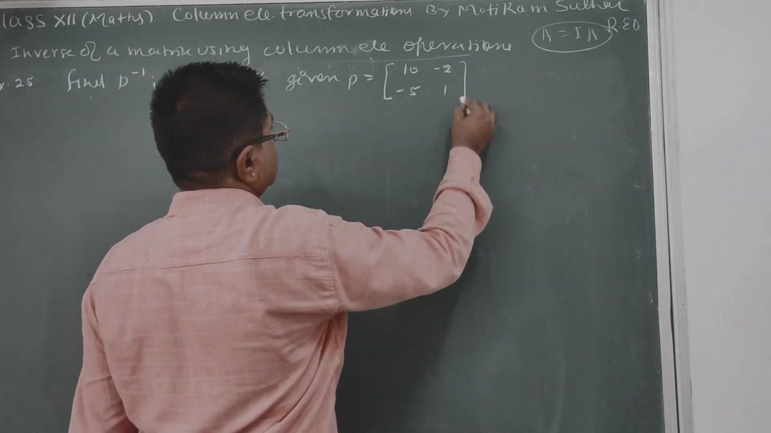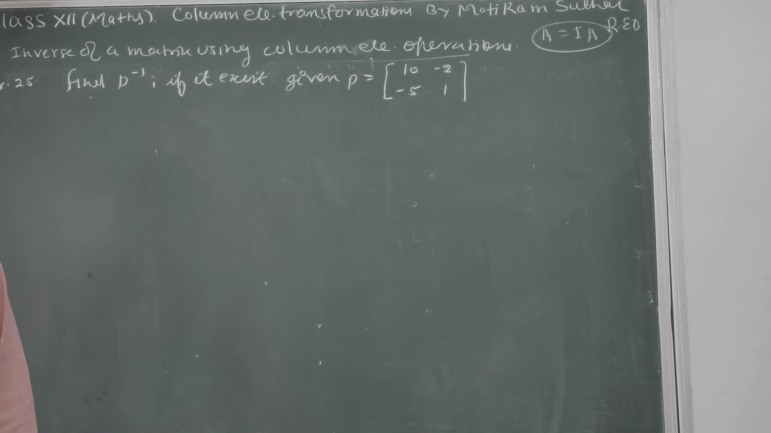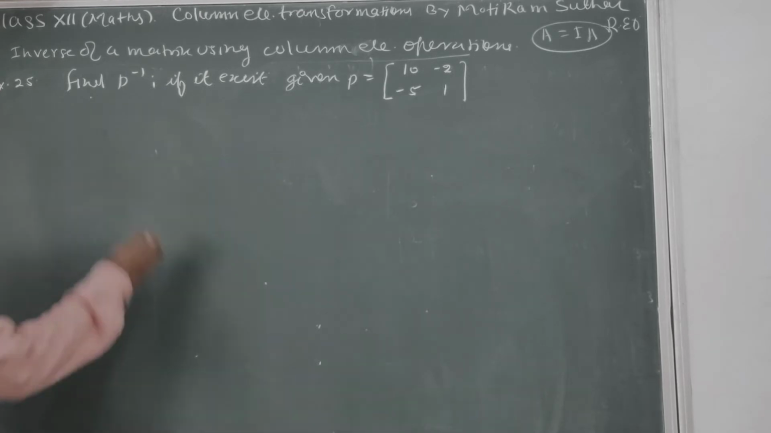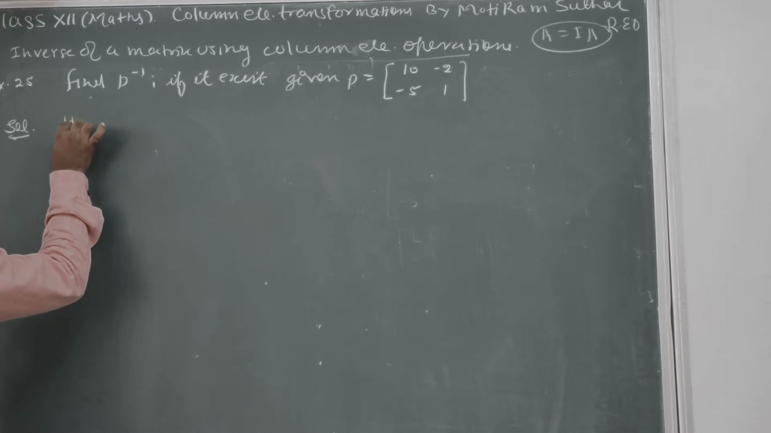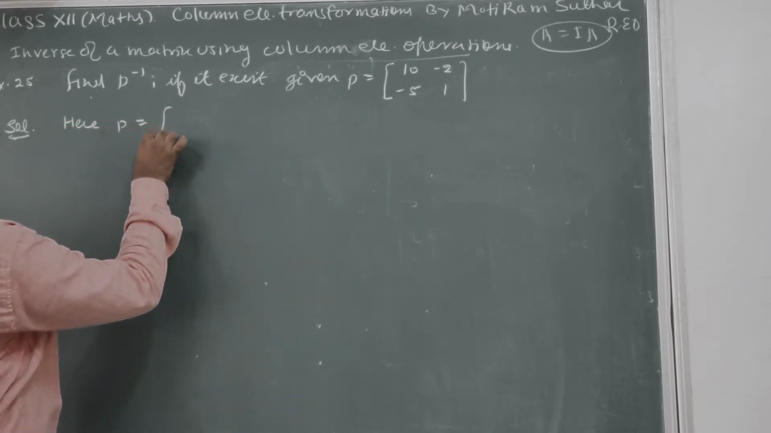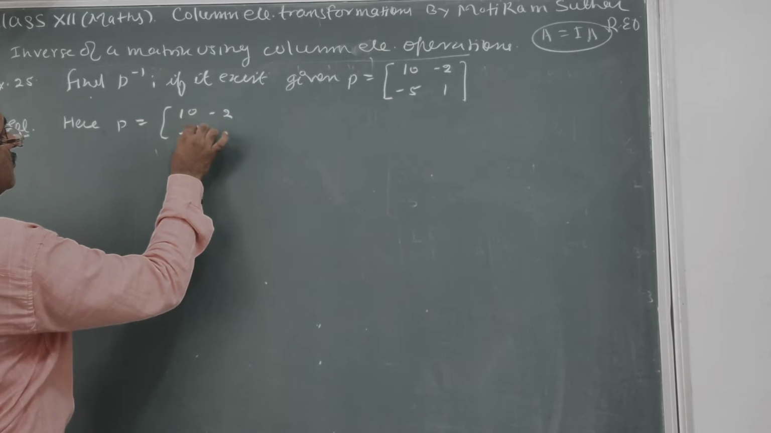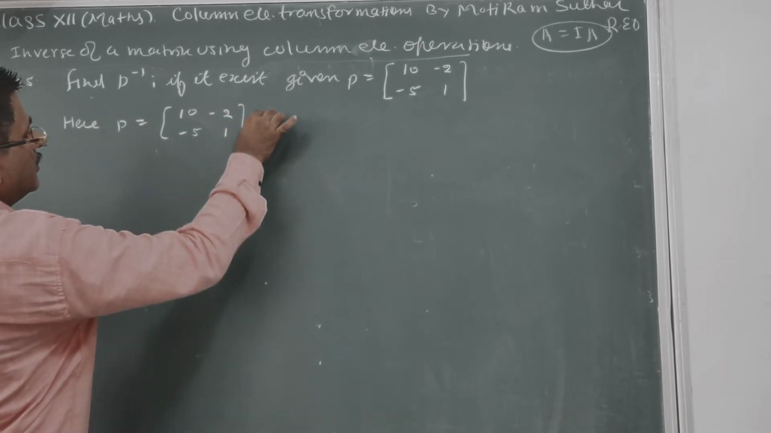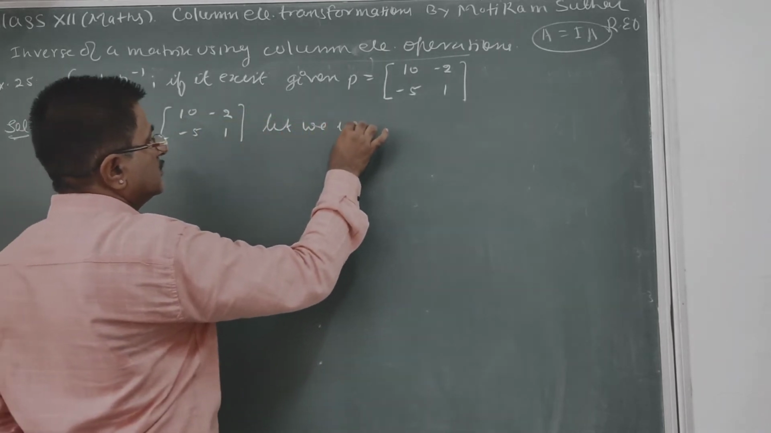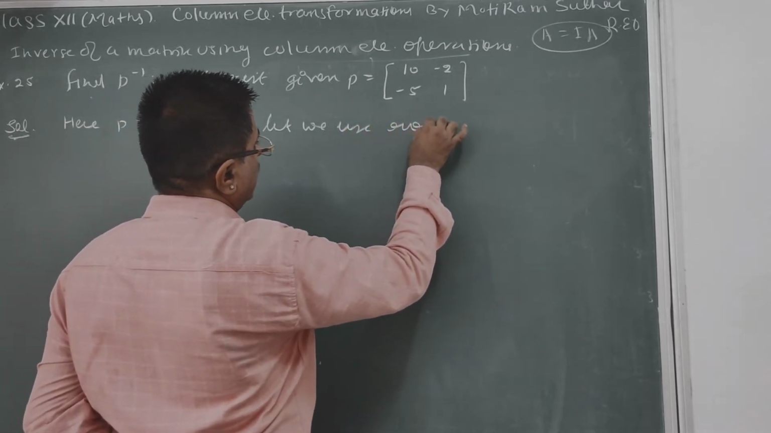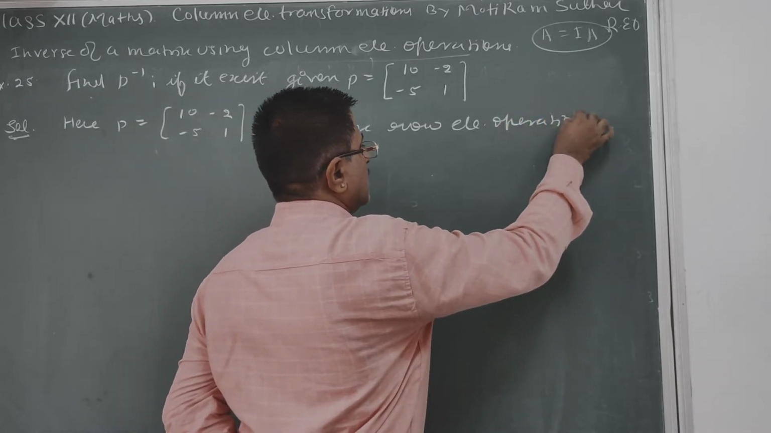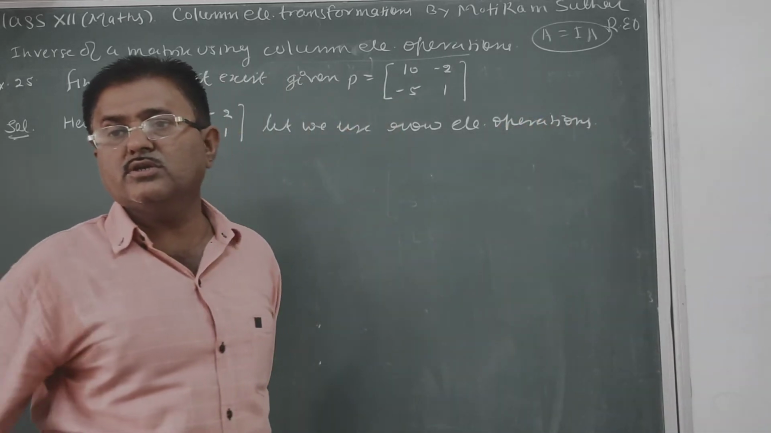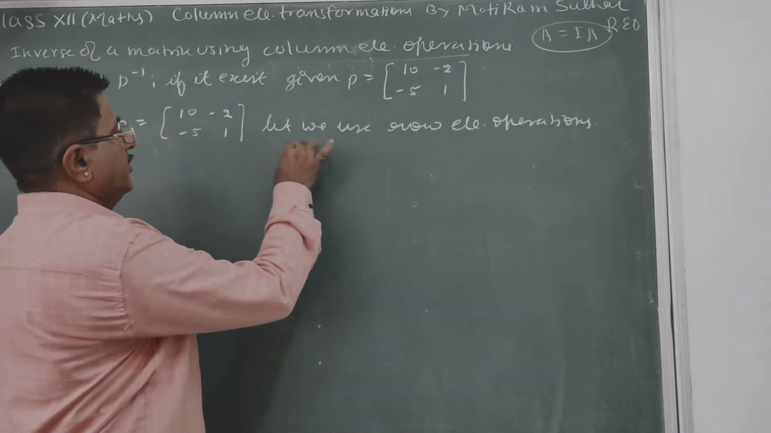This is the matrix whose inverse we want to find. So either you can use the column or row operation. तो आप कुछ भी यूज कर सकते हो, आपकी इच्छा है, लिखा हुआ नहीं है. तो here matrix P equal to 10 minus 2 minus 5 1. Let me use row elementary operations. अगर हम इसको रो एलिमेंट्री ऑपरेशन यूज करते हैं, देन P कैन बी रिटन एज